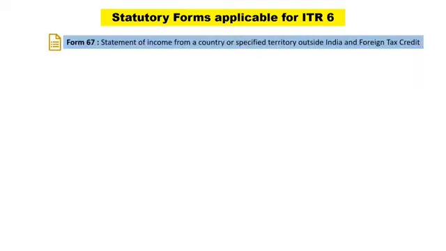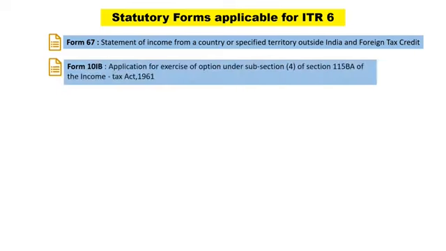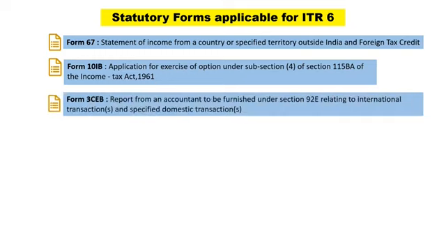Let us first see some of the statutory forms which may be applicable on ITR 6 and can be filed if applicable. Form 67, which is Statement of Income from a country or specified territory outside India and foreign tax credit. Form 10IB, which is to be filed for exercising the option under subsection 4 of Section 115BA of the Income Tax Act. Form 3CEB, which is a report from an accountant to be furnished under Section 92E relating to